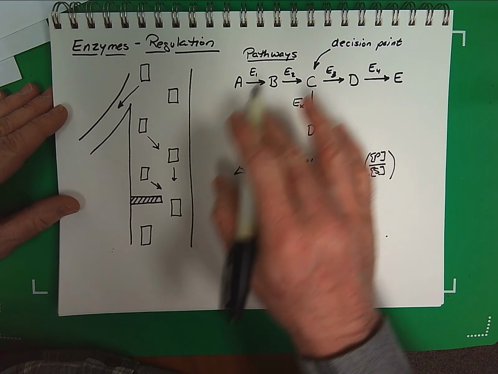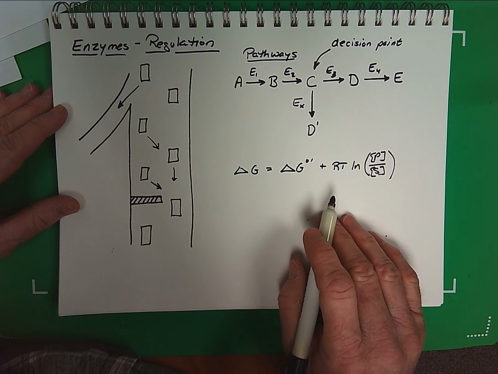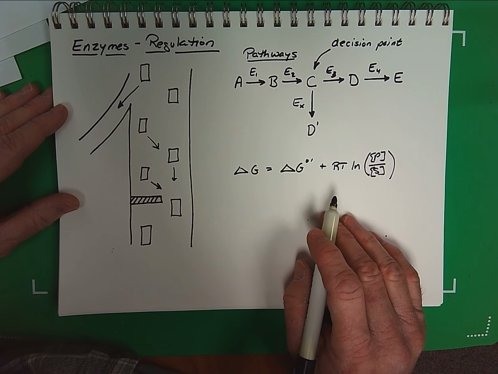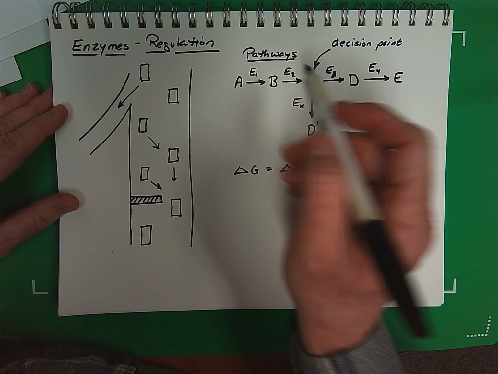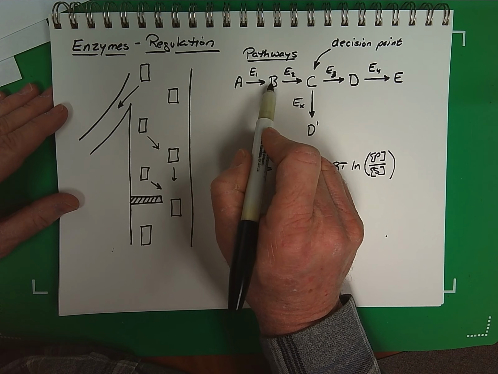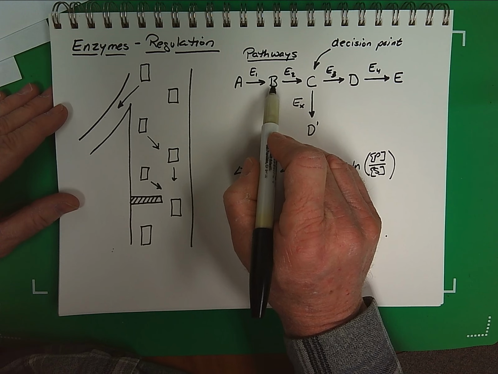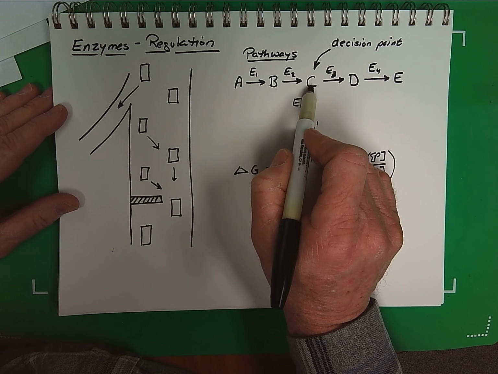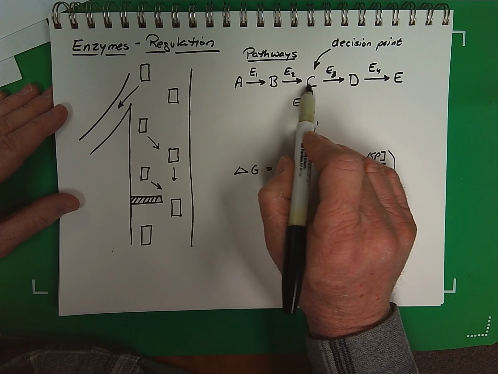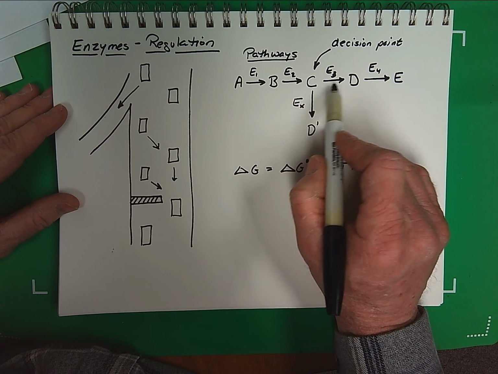Now, what does that mean here in terms of our pathways and thermodynamics? Well, let's say, for example, that A is forming B, B is the substrate for E2 and forming product C, so we are progressing down our pathway. But now when we get to this point here,